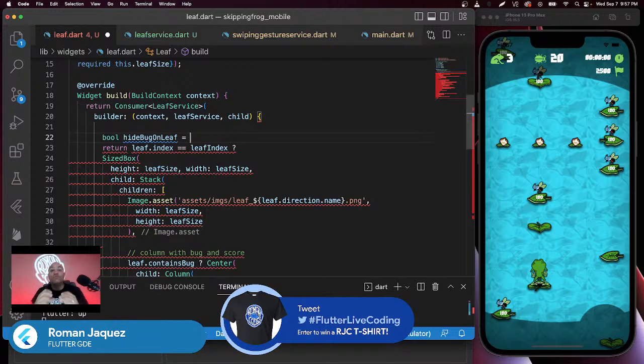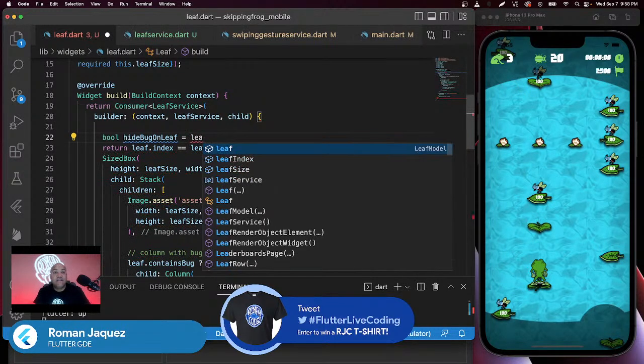I will only hide it if the current row index is either greater or equals to the row index, meaning if the frog lands on the current index, any rows from here down won't show the little bug. Something simple. I don't need to say the ones above. I don't care about the ones above. I only care about the ones below the one that the frog is currently at. So if I say leaf service,